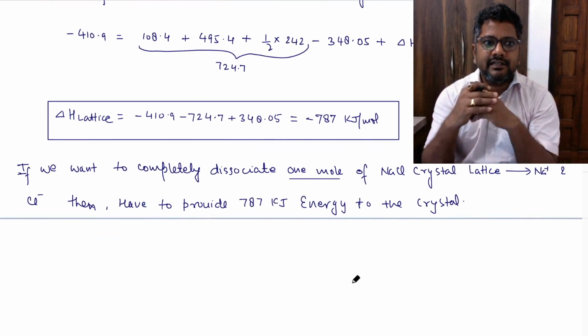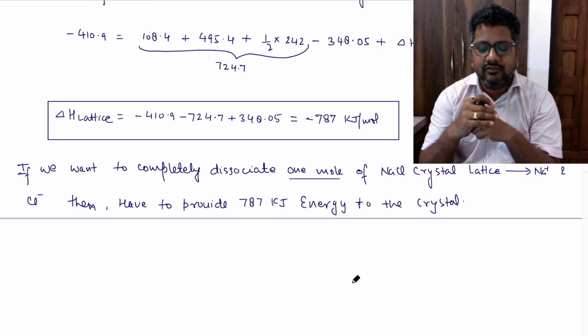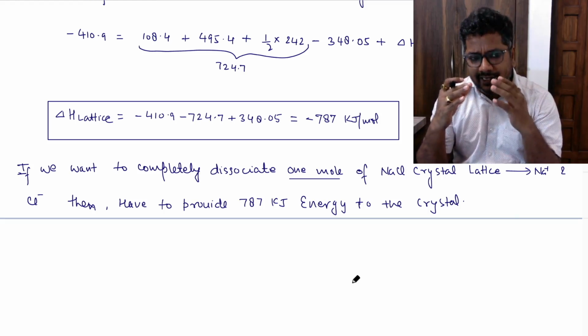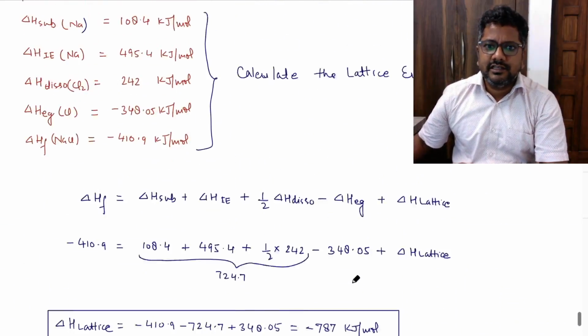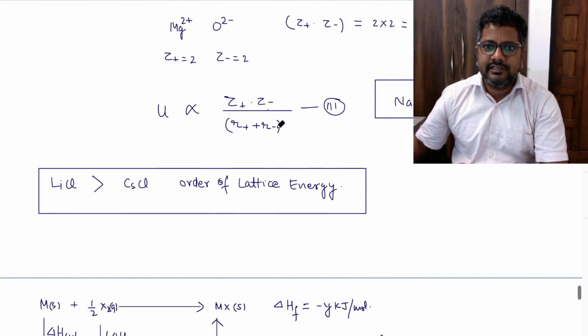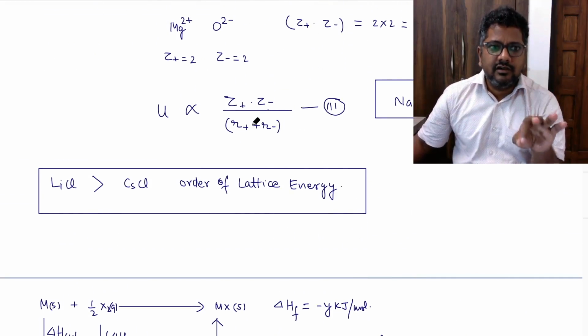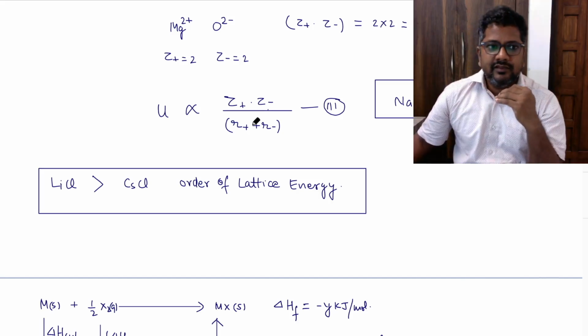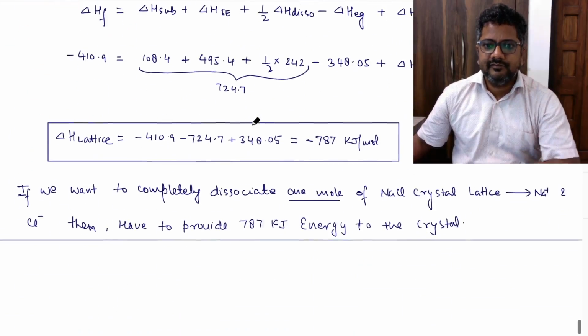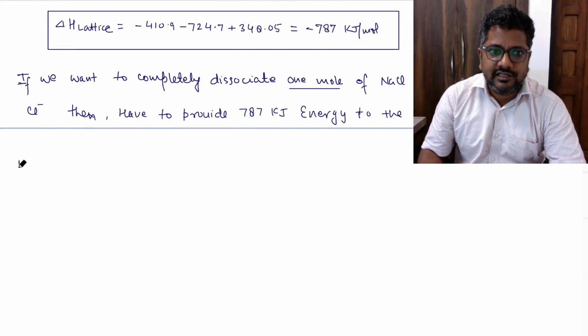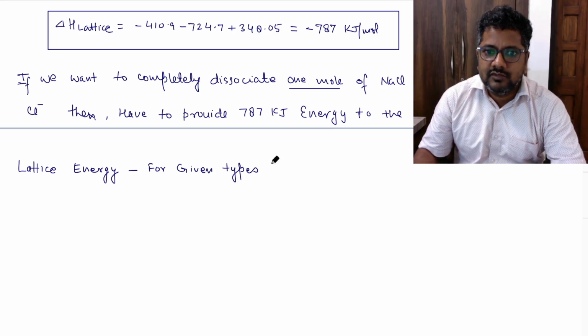Now one thing is very clear, that if you move down the group, like in the first group or second group, because they will form usually ionic solids, lattice energy down the group decreases, because you know this size, if you see this equation, size increases. So you can say straightforward that in a group, like in first group or second group, for given type of salt, lattice energy down the group decreases, right? So what is the periodic trend for lattice energy? The lattice energy for given type of salt, not mix and match, given type of salt,